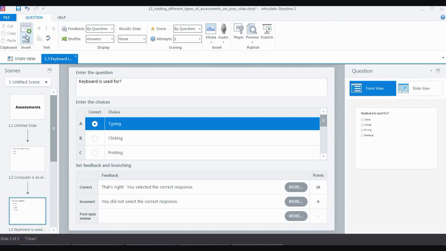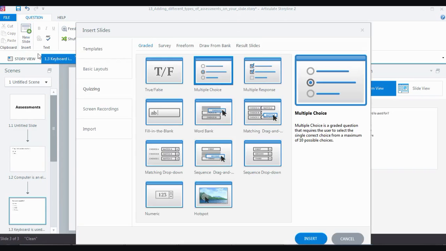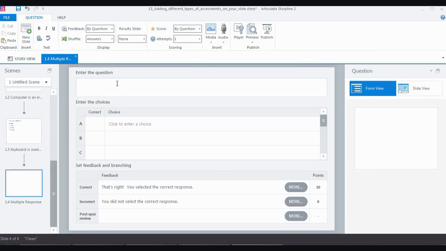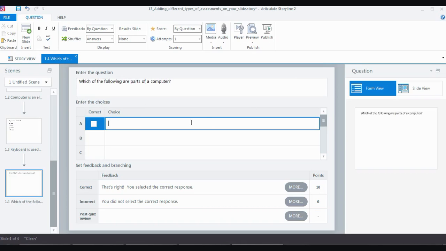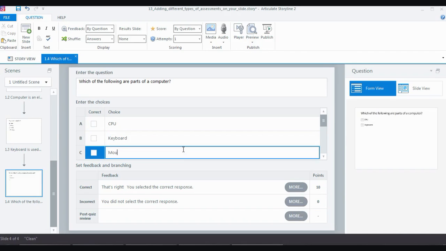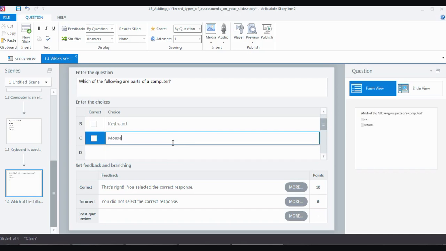I can add one more question which says New Slide, and now this will be a multiple response. I can click on Insert and the form appears. I can type a question which says which of the following are parts of a computer, and I can have more than one right answer here. It can be CPU, keyboard, mouse, monitor,